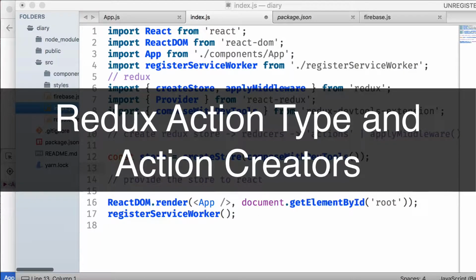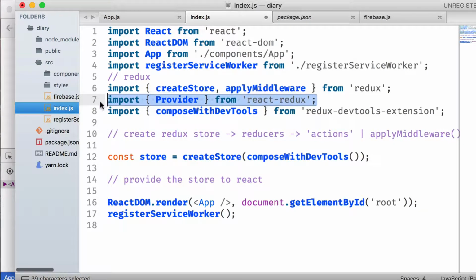So in the last video, we just imported React Redux to get the provider, and we imported these two, createStore and applyMiddleware methods, from Redux, and we simply created a store. Now we have to create reducers, actions, and then these actions also work based on the action type. Okay, so I know it's a lot to take, it can be confusing, but we will be doing this